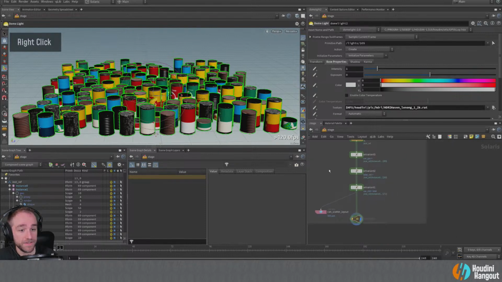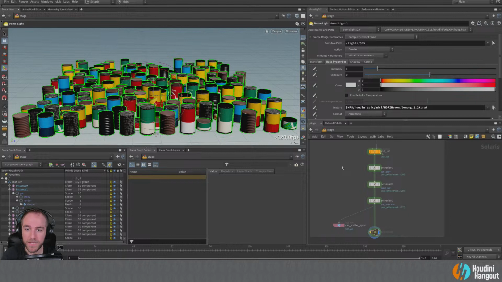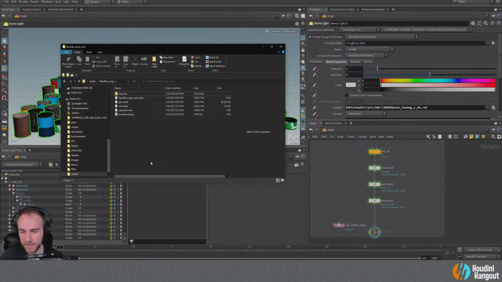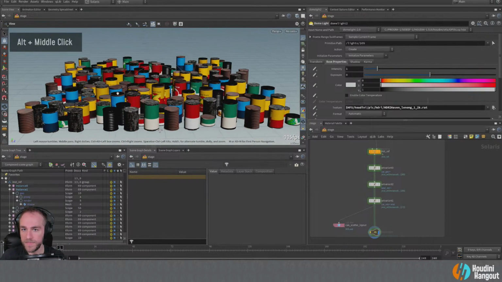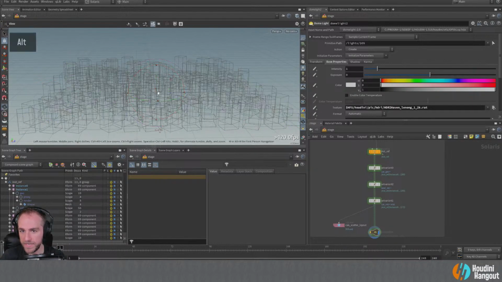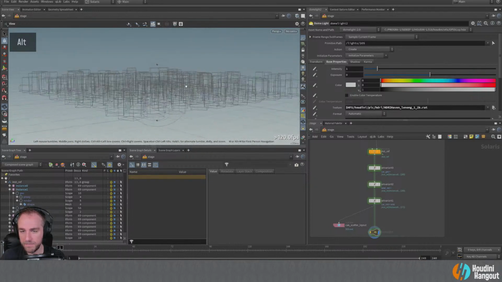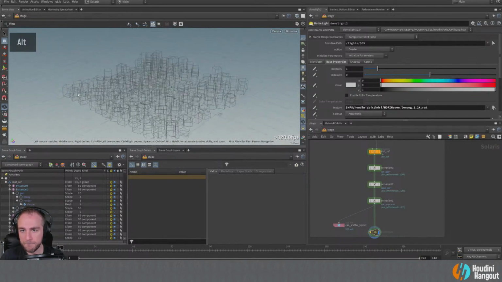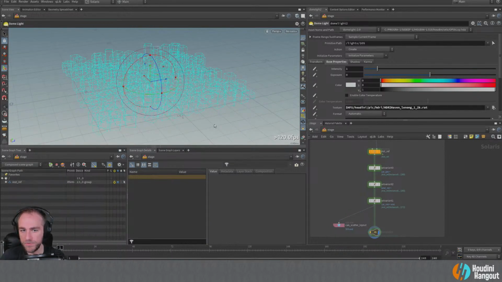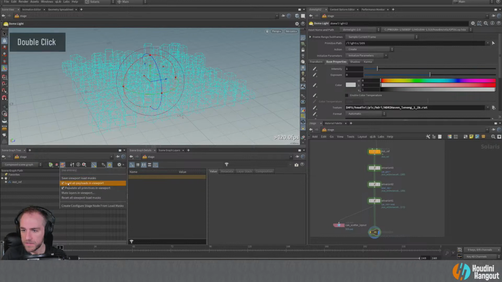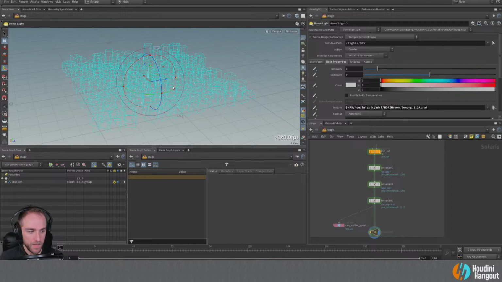I think you can see that there's definitely some really technical things that are happening within USD, within Solaris. In fact, let me just do this real quick. One more thing I wanted to show here. This is the same concept where we can unload these and we can see them all in the scene like this. So that's kind of a nice thing to have and be able to move around like that as well. So that is part of this concept as well.